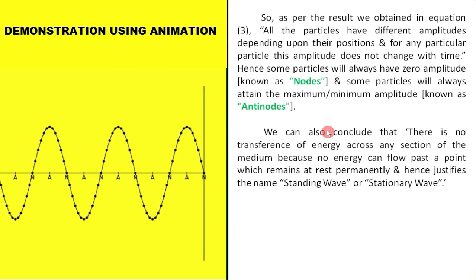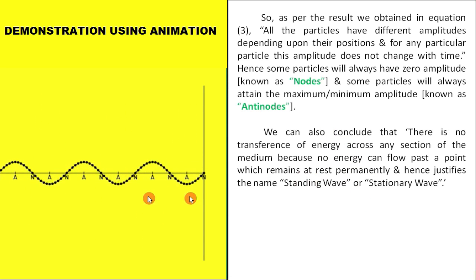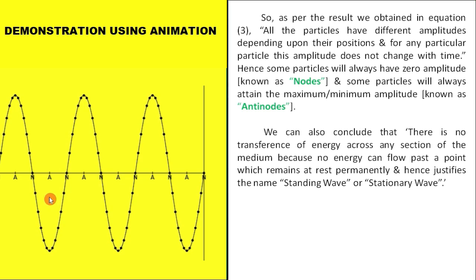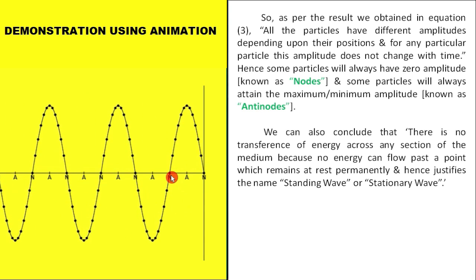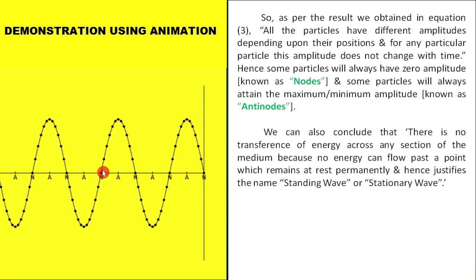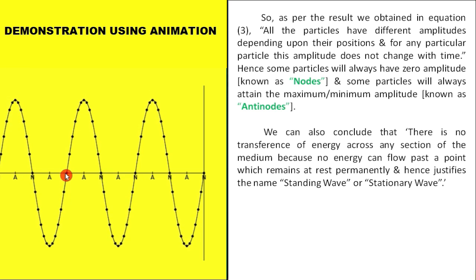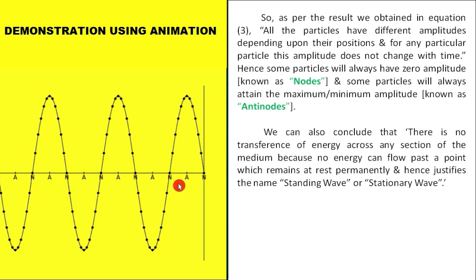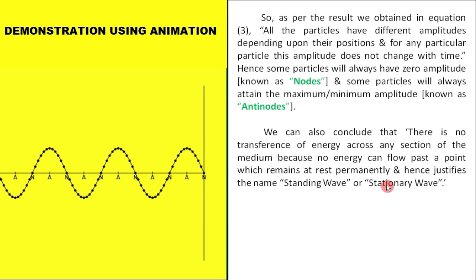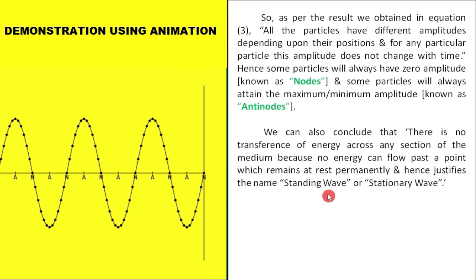Okay, so this part I have already explained, that since here energy is not propagating along this direction, that cannot propagate also, because through these node points, energy cannot propagate because they are at rest, and energy in a wave only propagates through the vibration of the particles. Since here energy is not propagating, that wave is known as stationary wave or a standing wave. Means the energy is standing.